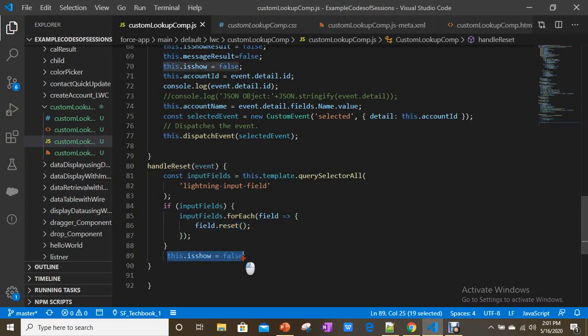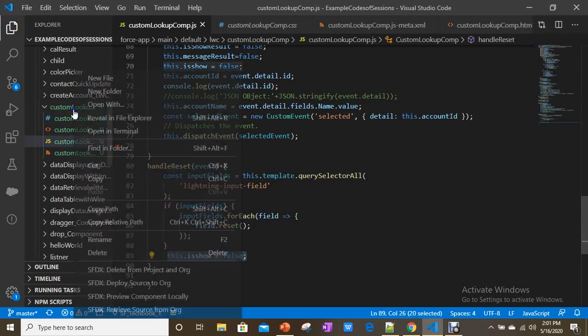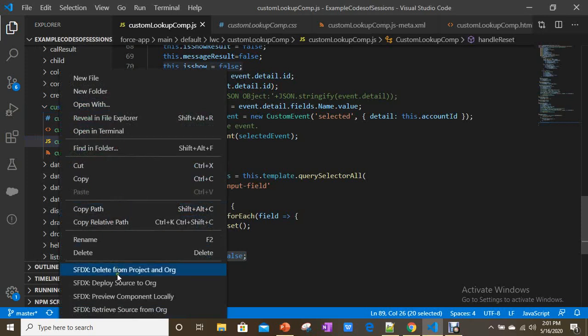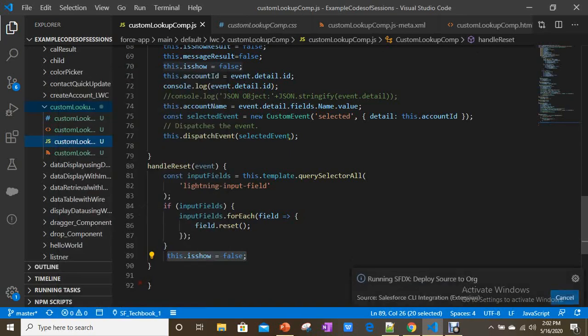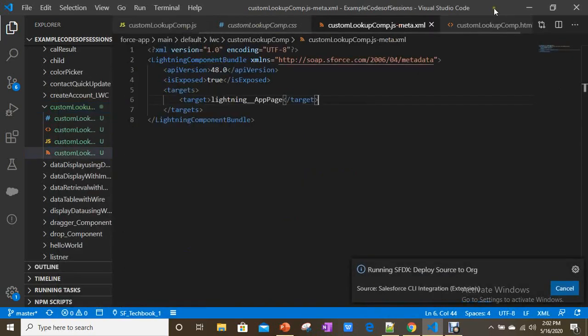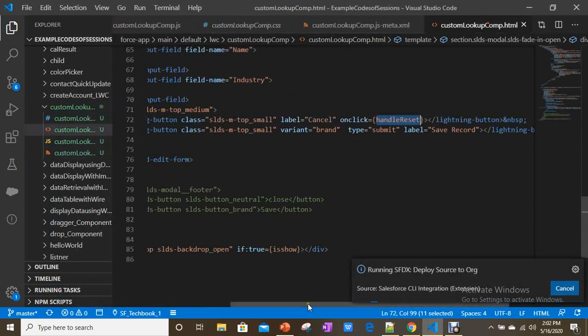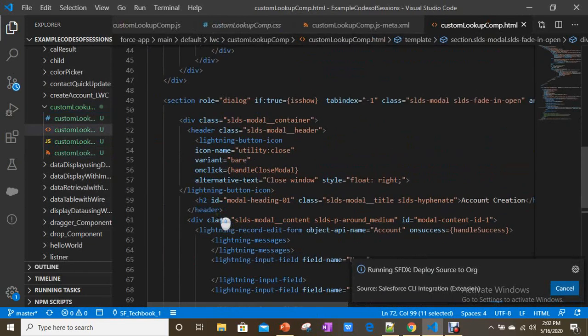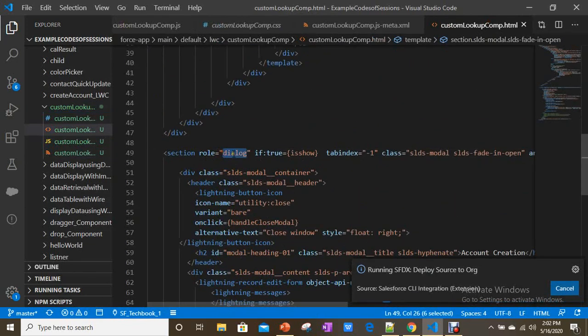So if you see here, this dot is show false. What is this basically? I'll show you where we are using it. First of all, the is show property we are using for the modal. I just added a modal, right? This is the modal, role dialog, and it opens a dialog box.